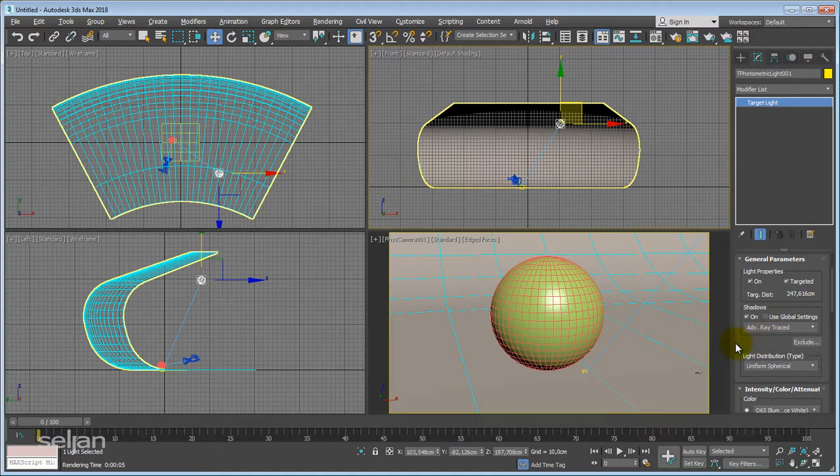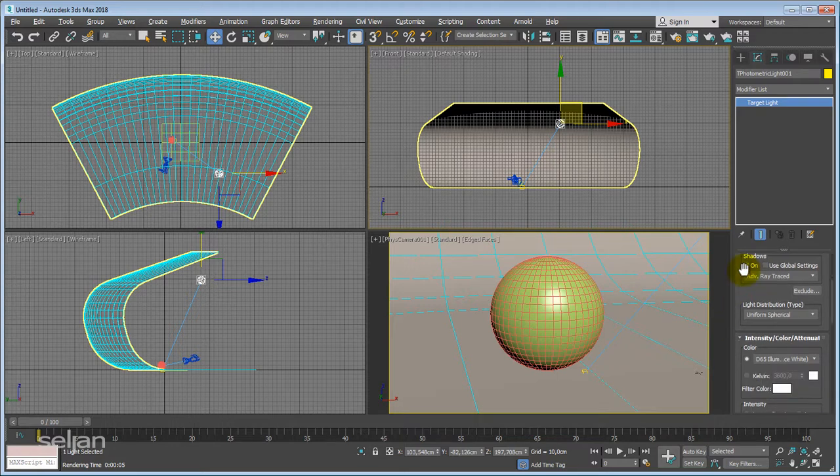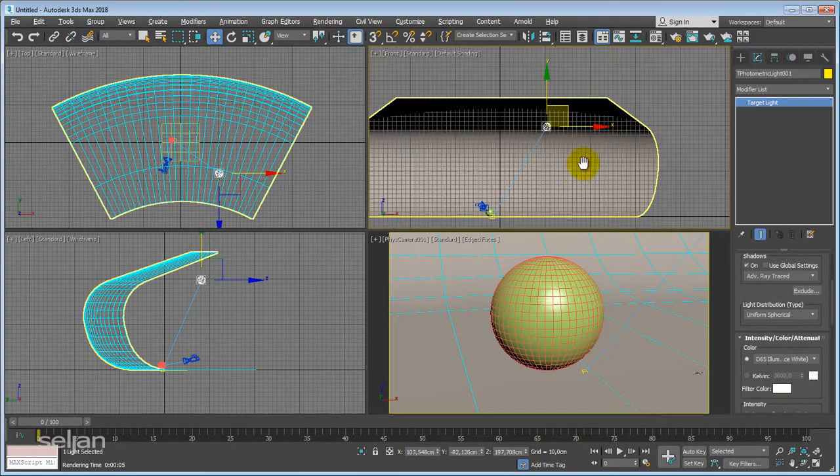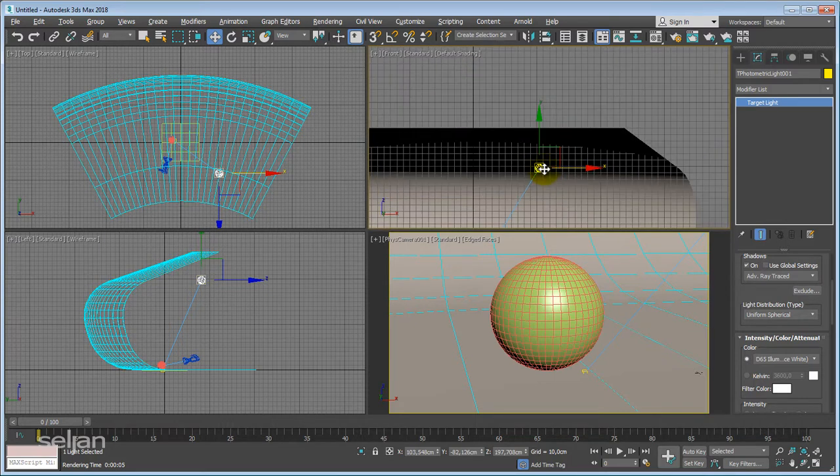Now advanced ray trace can create some bias in the shadows, can create some fades and nice effects. So I like to do that. It's not the fastest, but it really gives a nice result when rendering. Now the rendering type is uniform spherical, and I will zoom in